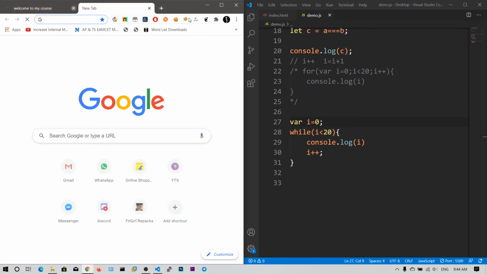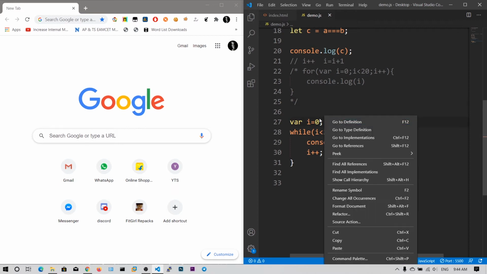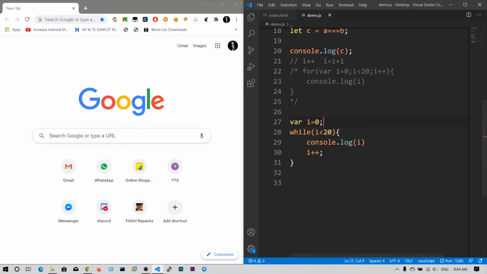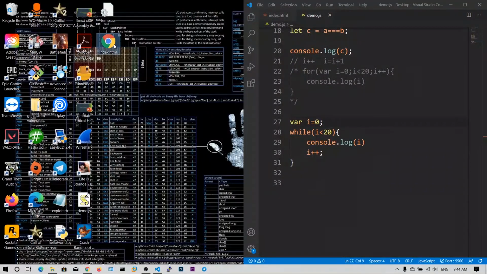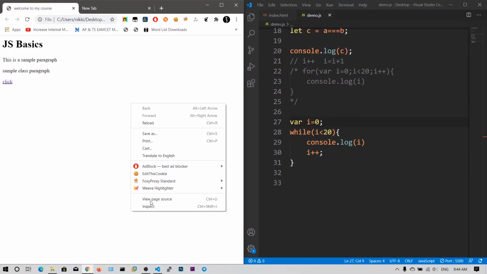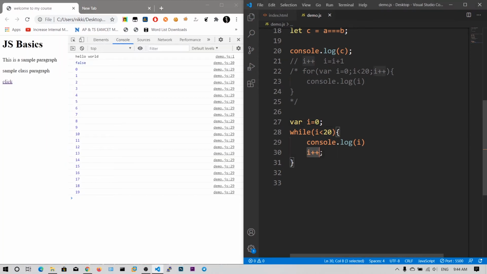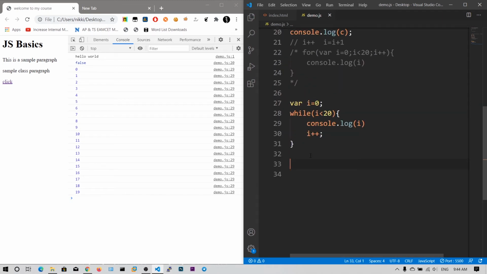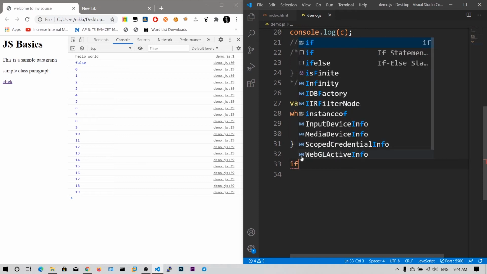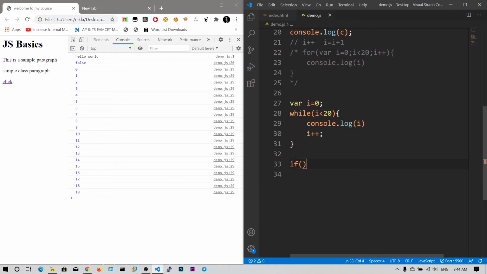Okay, let me close this. So here we are incrementing the I value, and we got the 0 to 19 values. So next I am going to tell you about the if loop. The syntax is if of condition, and since we have got the I is equals to 19, we can say,